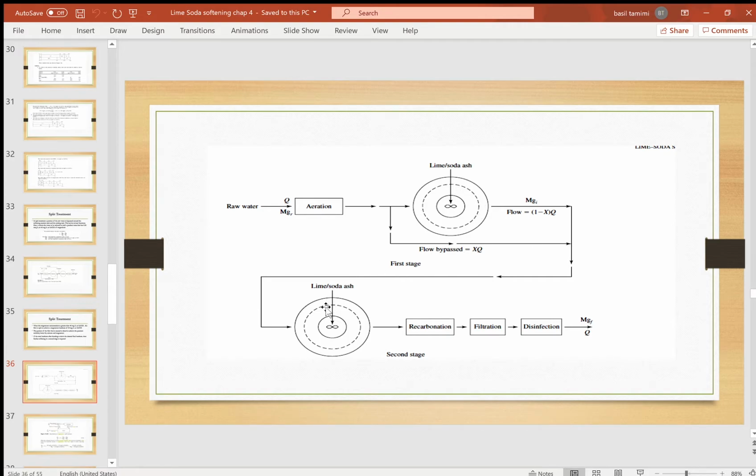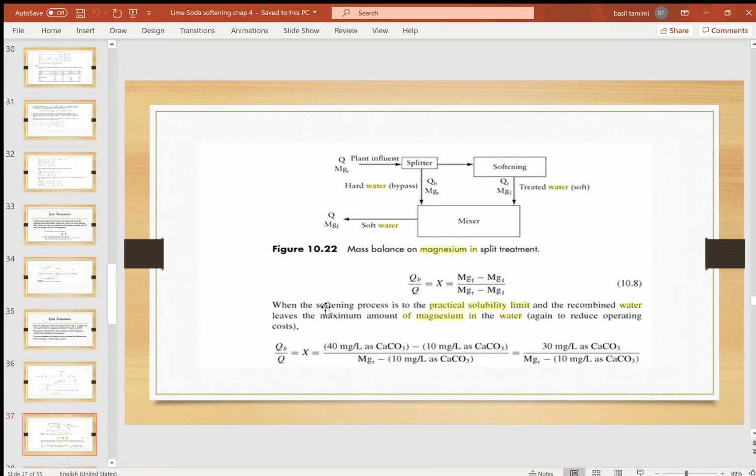So, in all cases, after softening, we need a recarbonation. We will talk about recarbonation. This is just to simplify things for you before proceeding to recarbonation. This is an equation that you can use, and it simplifies the calculation